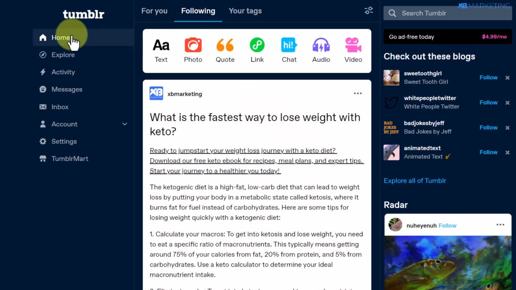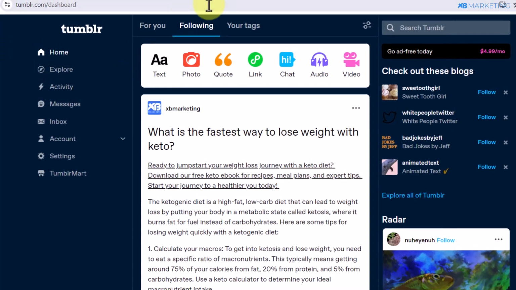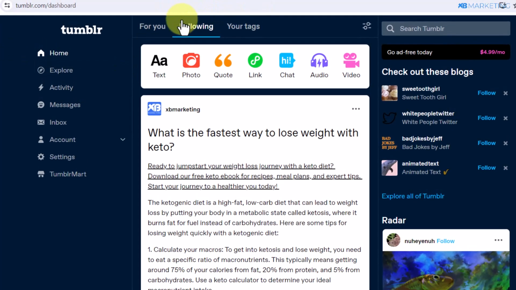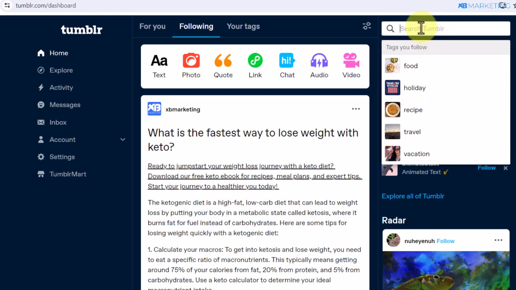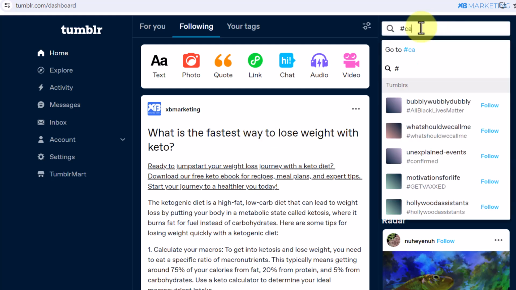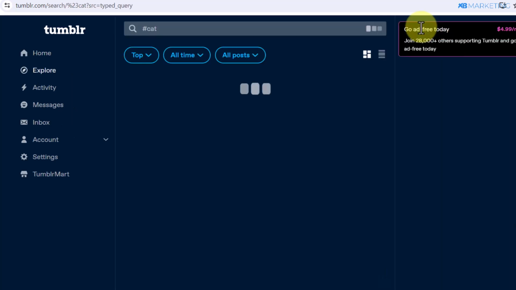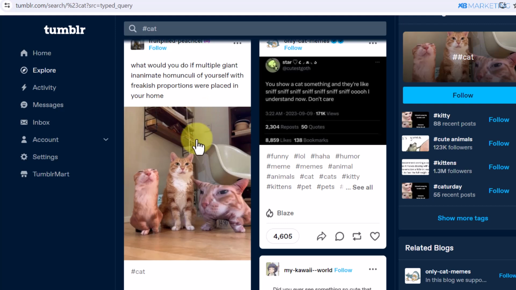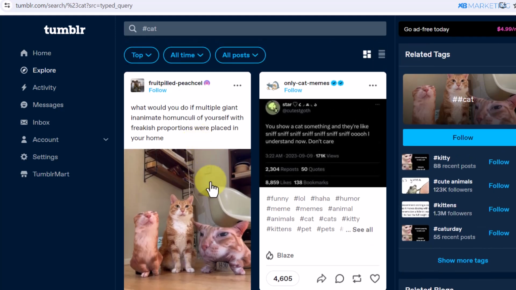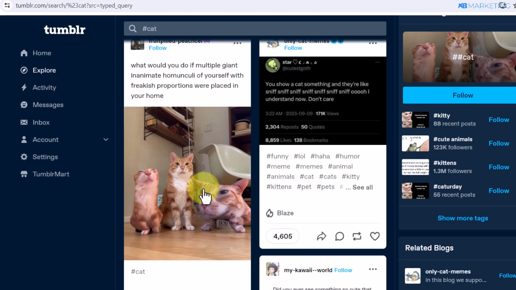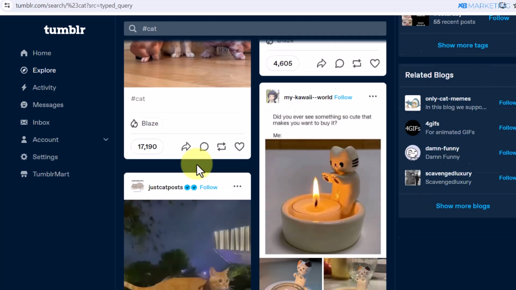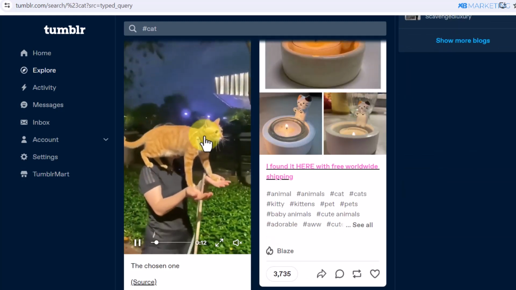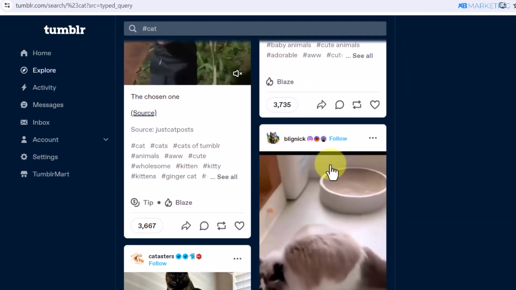And now you want to go over to a platform like tumblr.com. And if you come over here, we want to look for content people like in this niche. And to do that, all you simply need to do is to go to the search section and you want to type in hashtag cat. So once you do that, as you can see, it's going to show us all content that are currently getting a lot of engagement on tumblr.com. And if this content is getting a lot of engagement on Tumblr, it's definitely going to work on Imgur as well. As you can see, these are a lot of cat videos and a lot of cat images